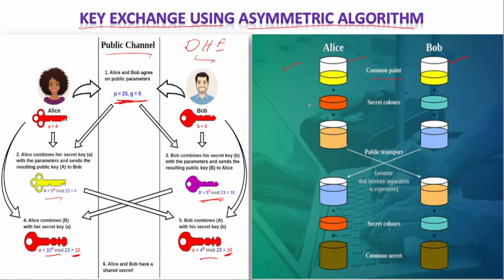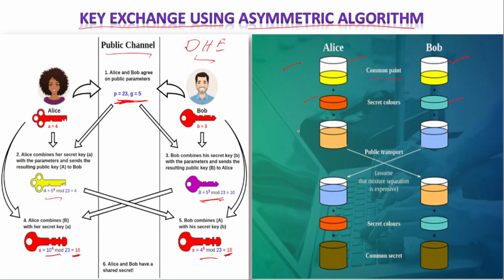Okay. Then they combine this public yellow paint or common paint with their secret colors. For example, here Alice chooses this red color, and Bob chooses another color, you can say sky blue color. And when they combine these both colors,